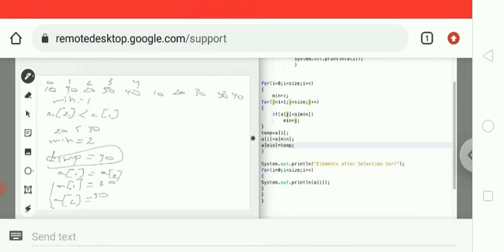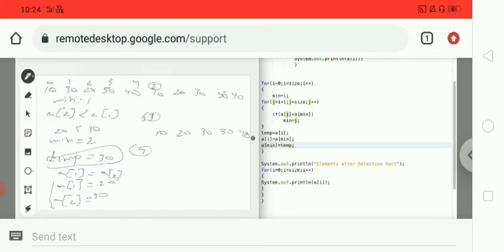So in this way 4 iterations will be done because I took 5 elements here, that's why n minus 1, that means 4 iterations will be done. So at last, okay, this is second iteration. In third iteration, elements will be arranged like this. So we already discussed it in the starting example only.